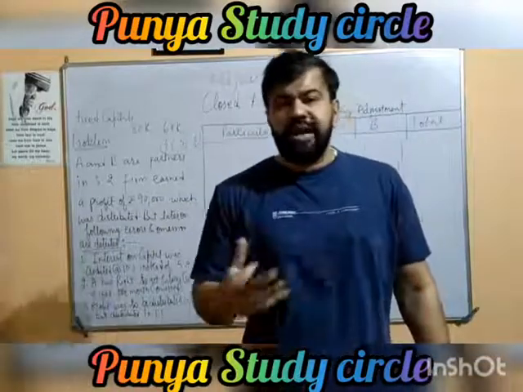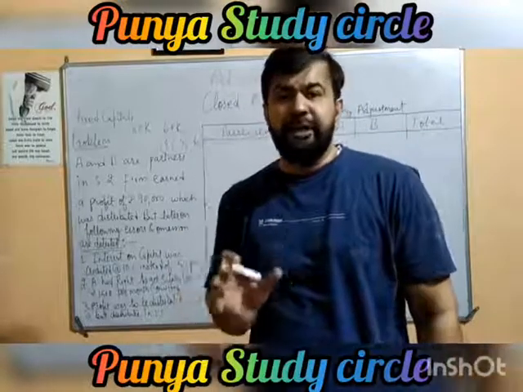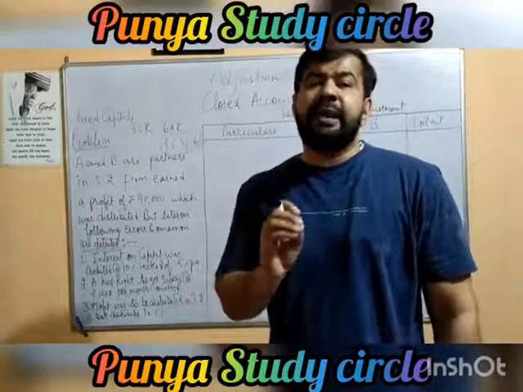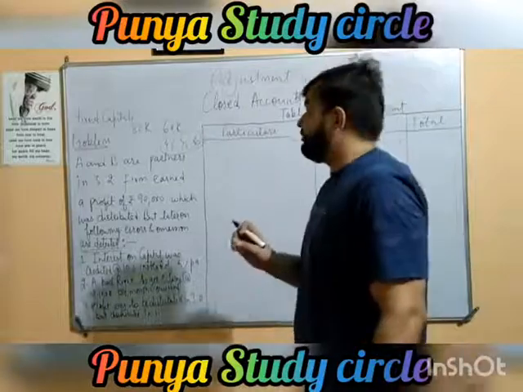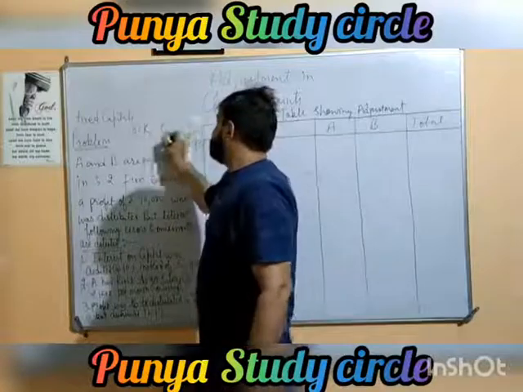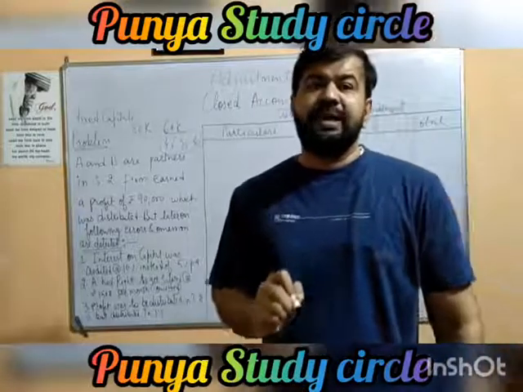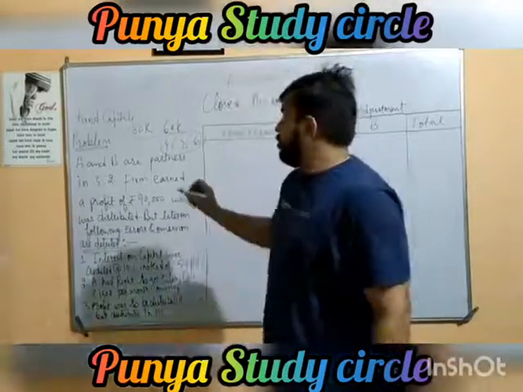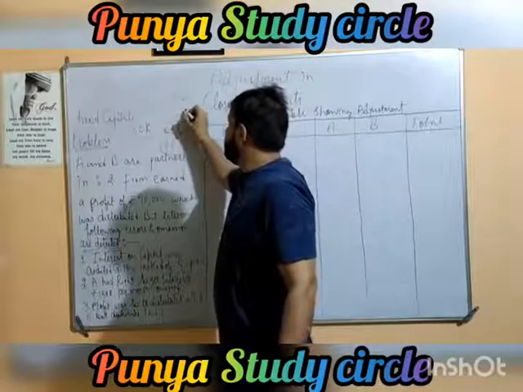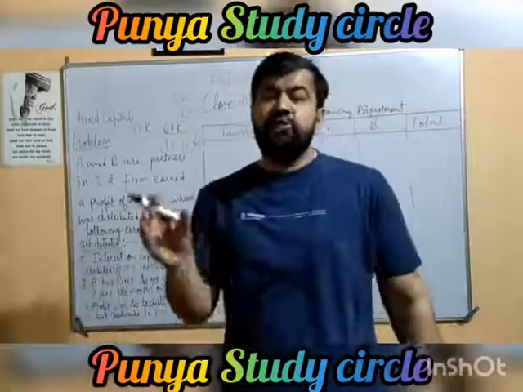Instead of this, we should have provided them with these benefits. Then we could have a better distribution of profit in their given ratio. Now what we have to do very first, we need to calculate the interest on capital that we have paid to them or we have credited to their capital account. 80,000 rupees was the capital of A and 60,000 was the capital of B. Remember one thing, interest on capital is always provided on the capital in the beginning. So on 80,000, we have provided at 10%. It would have been 8,000 and here it would have been 6,000 rupees. But it was to be provided at half. That means 4,000 and 3,000.